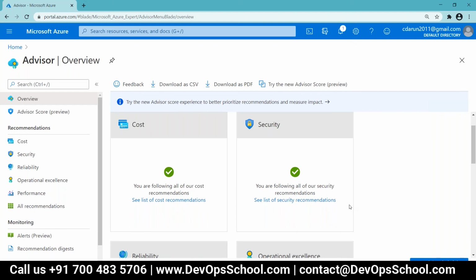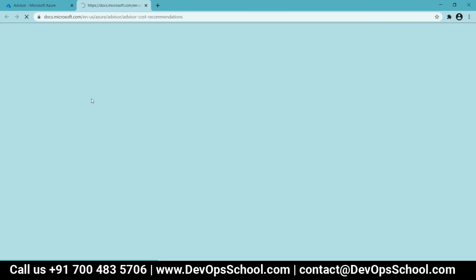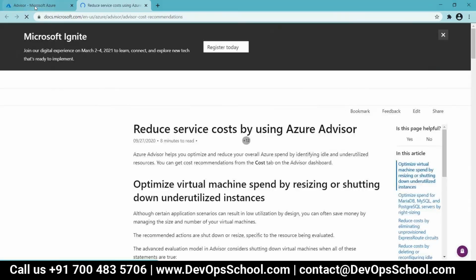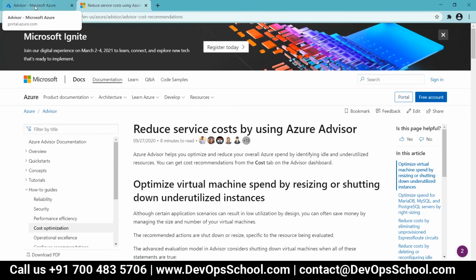So right now in AZ-900, you should know how to create the instances. In AZ-104, you need to understand what components are required